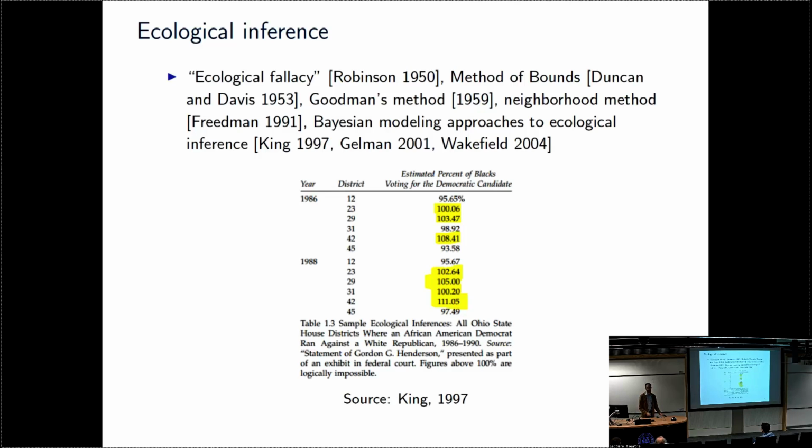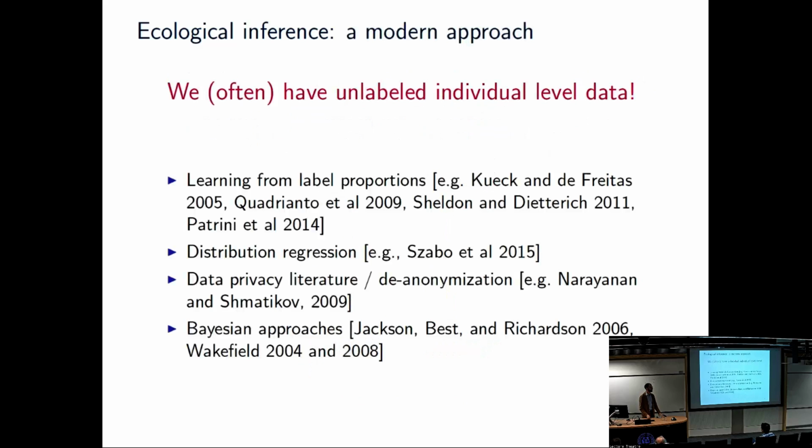So, what do I have to offer? Well, we often have, in many of these settings, not the historical ones necessarily, but right now, any particular case that you might think of, we often have unlabeled individual level data. And so please do ask me clarifying questions if I'm using machine learning jargon, which has a different name in statistics or political science.